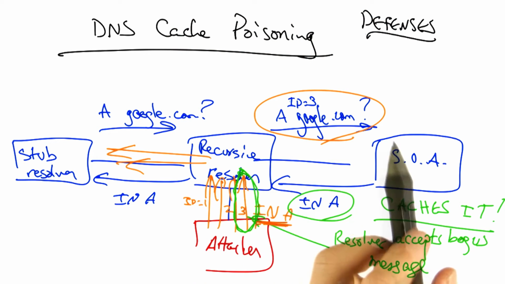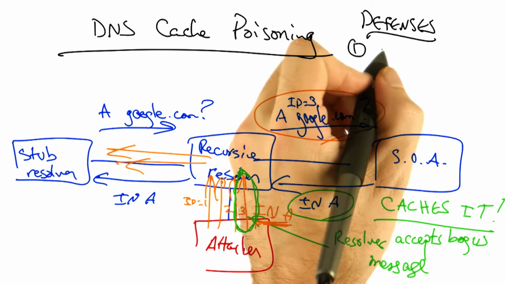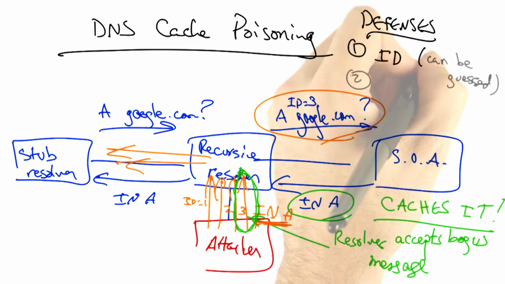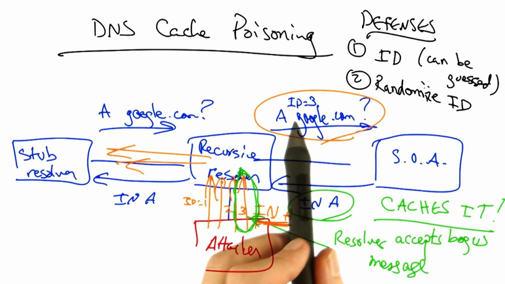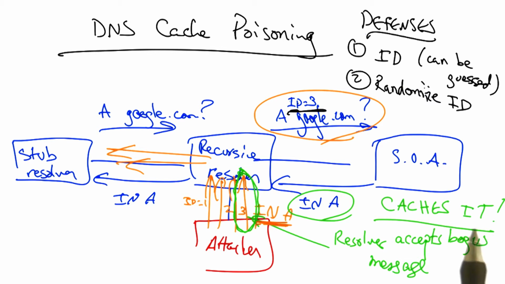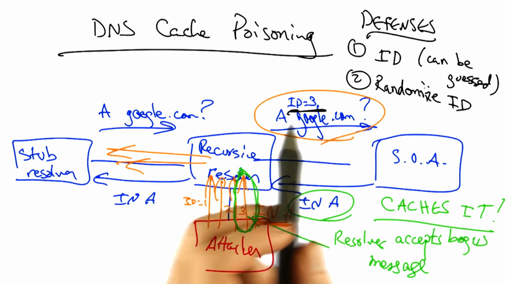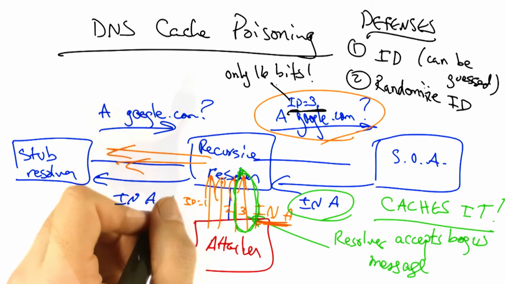Now, there are several defenses against DNS cache poisoning, and we've already seen one, which is the query ID. But of course, the query ID can be guessed. The next defense is to randomize the ID. So rather than having a resolver send queries where the IDs increment in sequence, the resolver can pick a random ID. This makes the ID tougher to guess, but still, the query ID is only 16 bits, which still makes